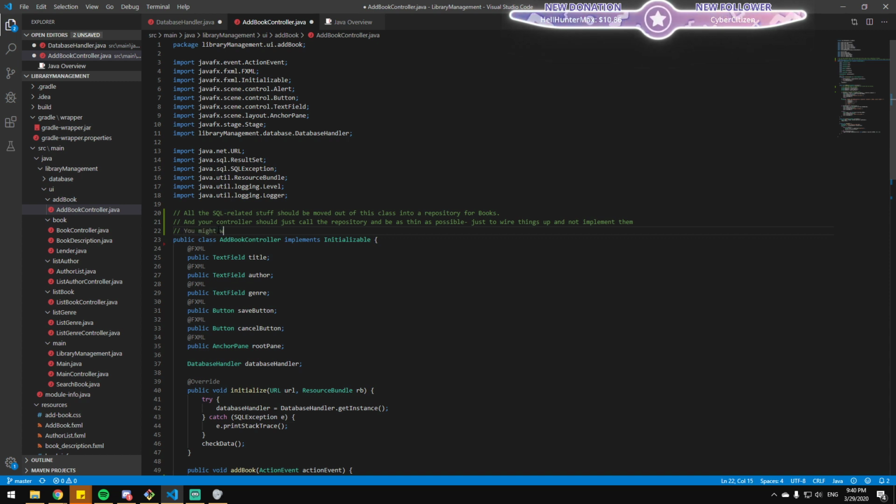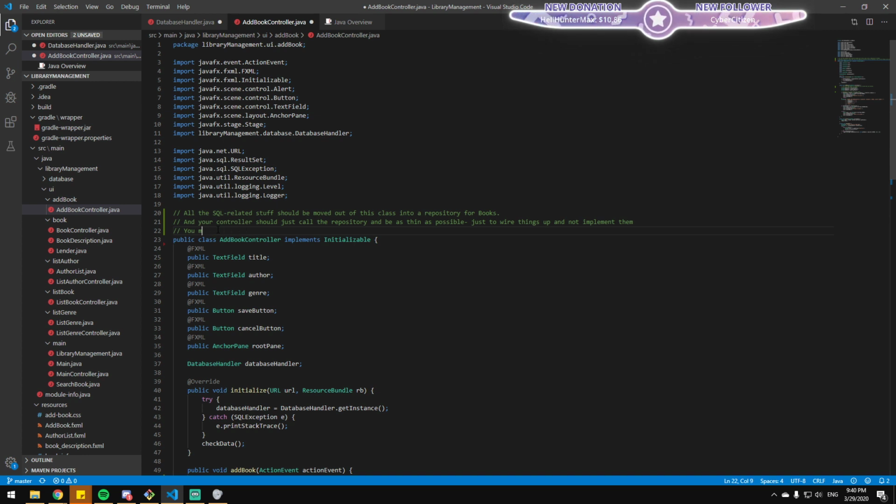You might want to consider... So how I see it is the repository is just directly accessing the database with a query, and then you have a service that actually makes those queries. Well, that is true. And for the queries themselves, I would take it a step further.